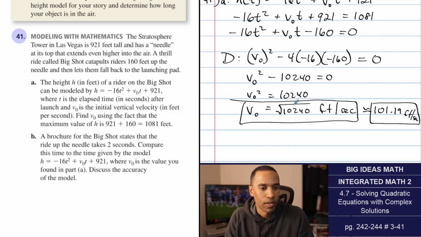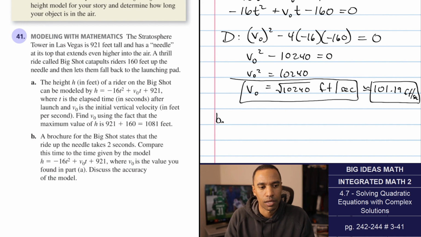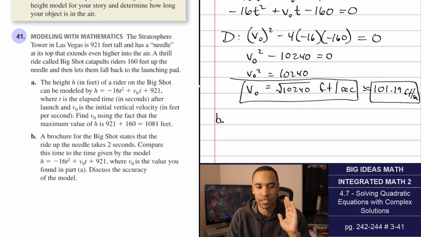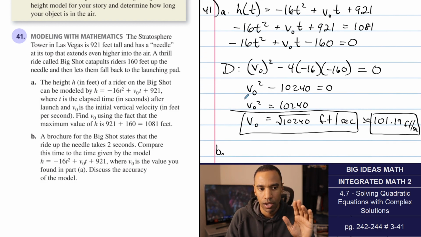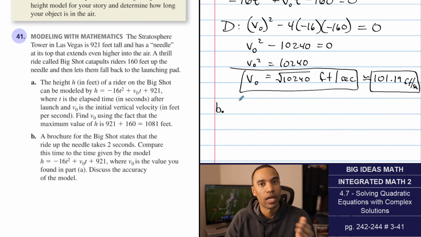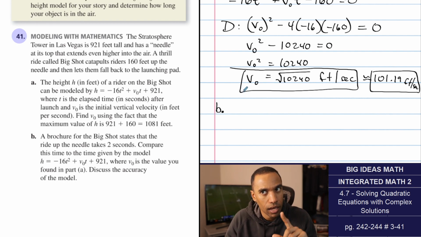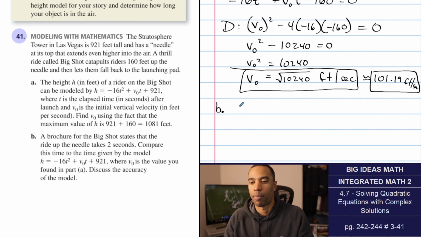All right, part B. A brochure for Big Shot states the ride up the needle takes 2 seconds. Compare this time to the time given by the model where V naught is the value you found in part A. Discuss the accuracy of the model. Time it takes to ride up the needle. So let's put this into perspective. Forget what I said. Let's find the vertex